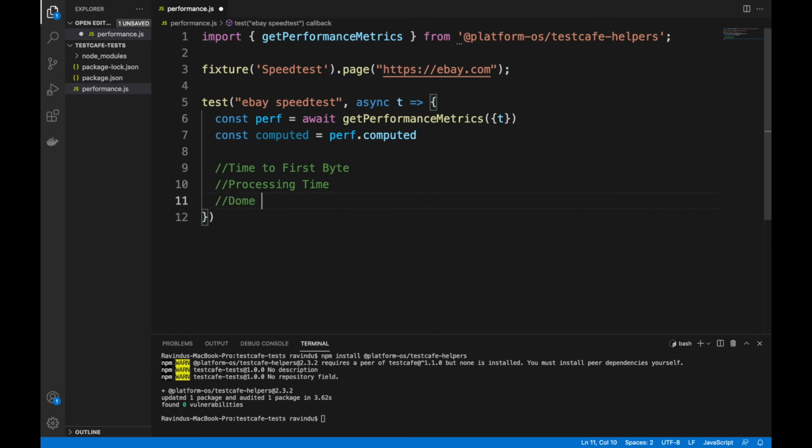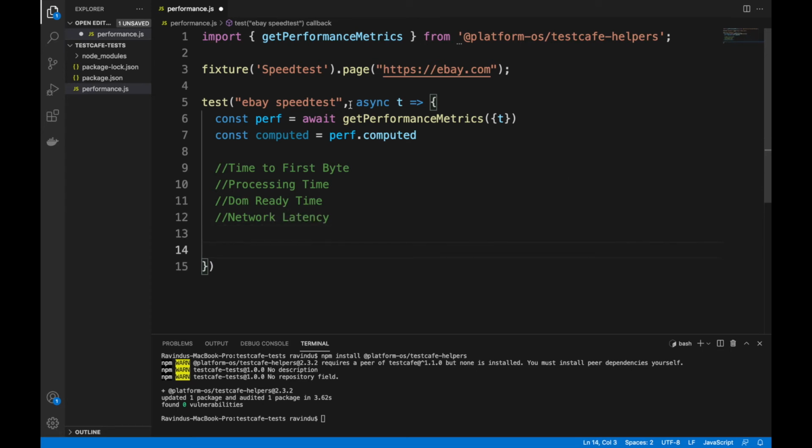Then the DOM ready time. This is how long the browser had to wait until it had everything ready to start applying things such as CSS, external JavaScript, and other lower priority resources such as images and fonts. And then we are also going to check the network latency.